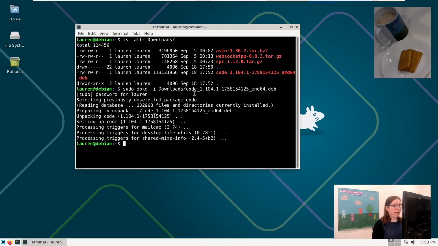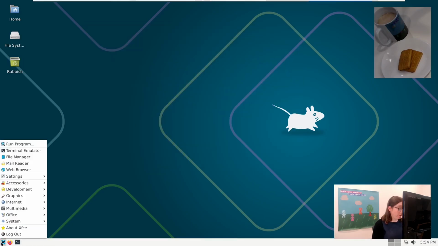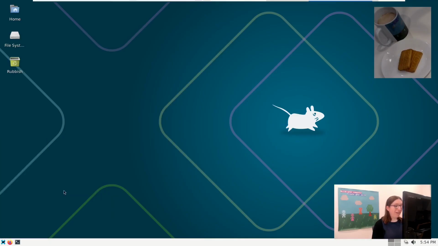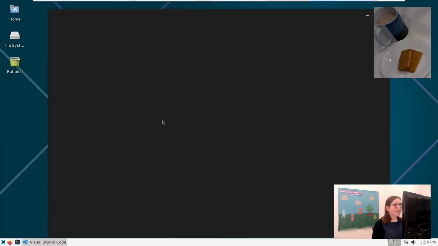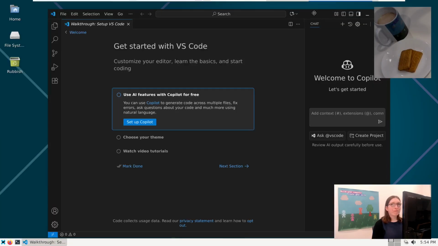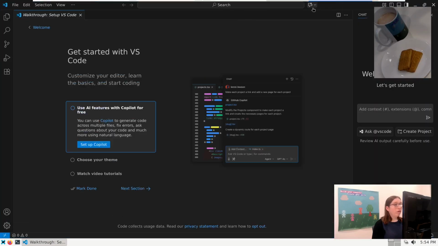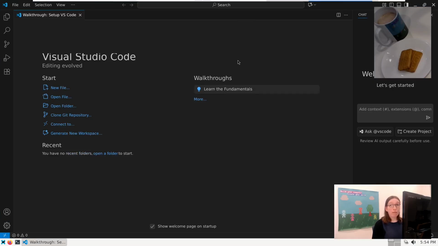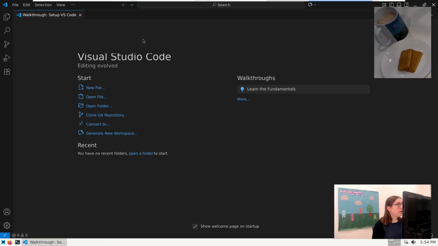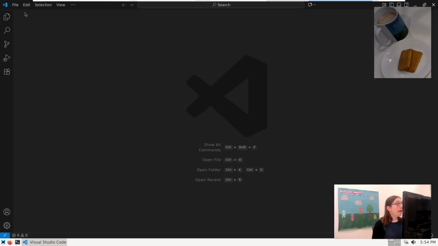And we're done. Can we get it to run? It should be under development. There it is. Okay, so let's just go mark done. We don't want to do any setup. Forget about that. Copilot. I don't want to use Copilot at the moment. We can just close that and let's go